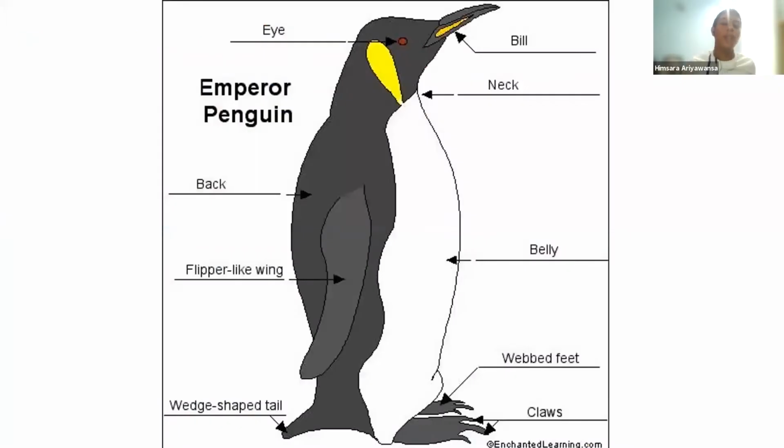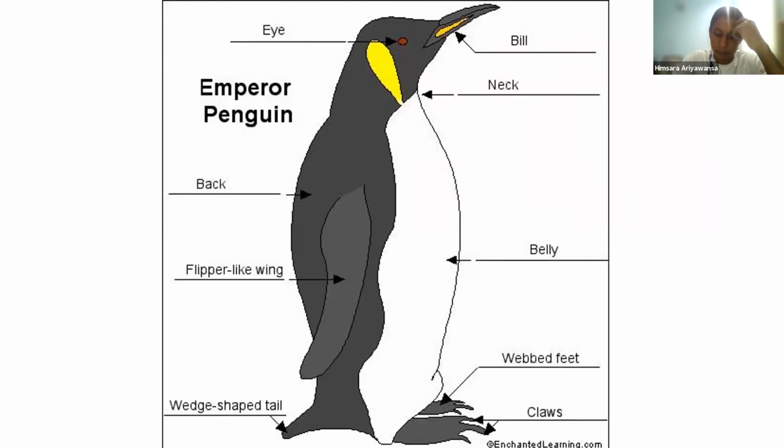So Mali, can you see the colors? So mainly there are two colors. One is black and the other one is white. So the pattern of coloration is called counter shading and serves to camouflage. So these two colors blend together. It's known as counter shading. So it is very important for camouflage.